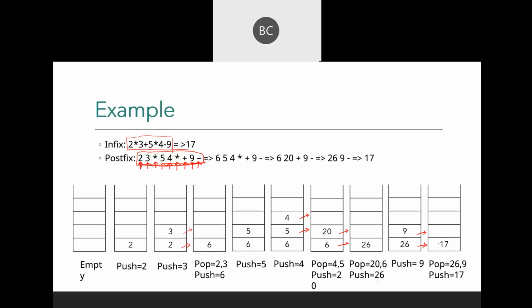Here you will not check the conversion like 9 minus 26 or 26 minus 9. It will be simply subtraction. The minus thing won't come here. You will pop 26, first you will pop this one, then push the result. So this is how the compiler evaluates postfix notation with the help of a stack.